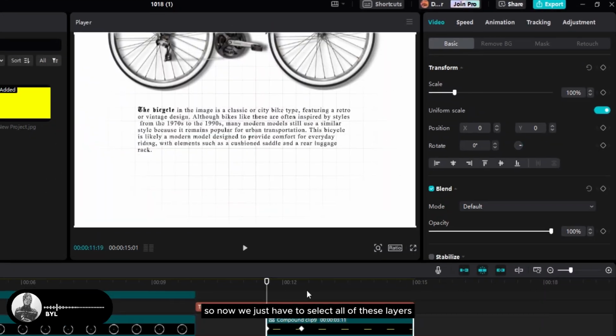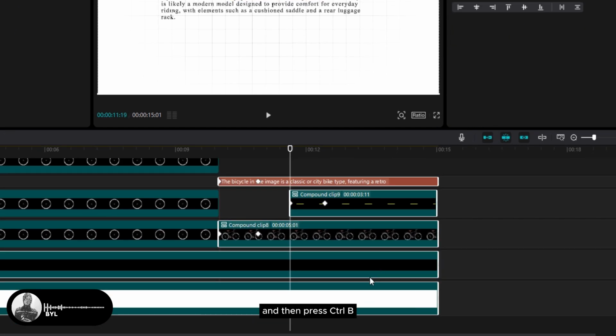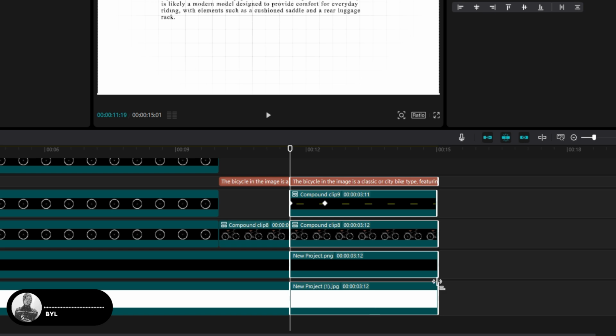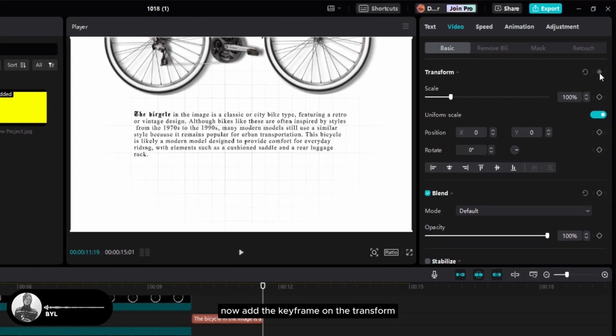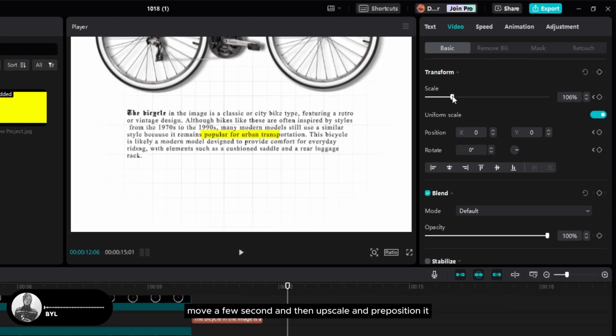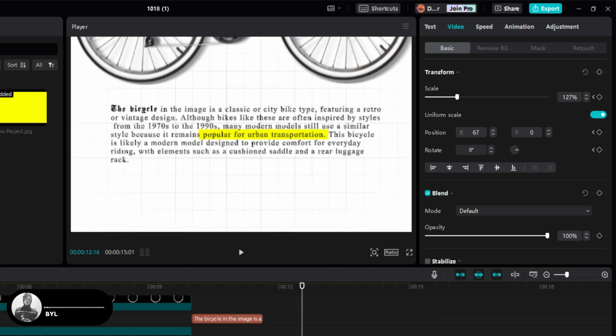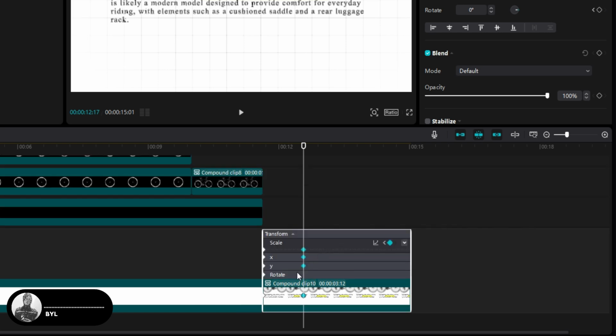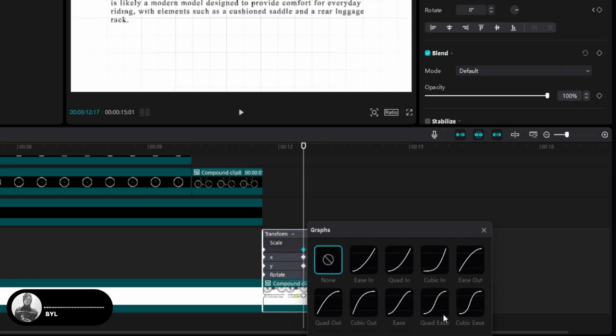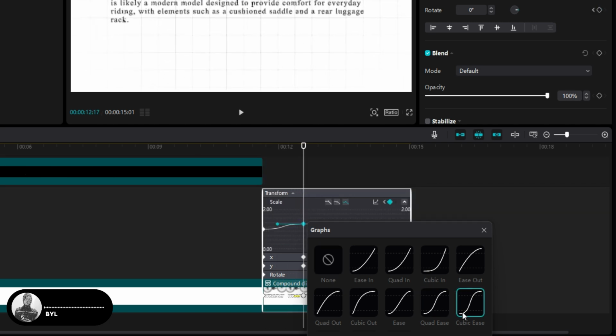So now we just have to select all of these layers and then press Ctrl B, right click and create compound clip. Now add the keyframe on the transform, move a few seconds, and then upscale and reposition it. I think I'm gonna drag this keyframe a little bit forward. And as usual, let's make the movement smoother. Let's select quad ease. I think I'm gonna choose cubic ease,